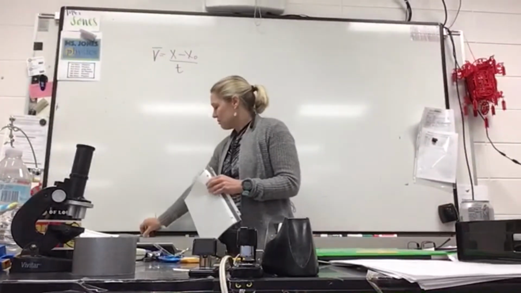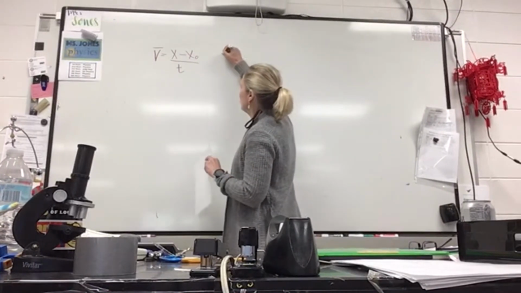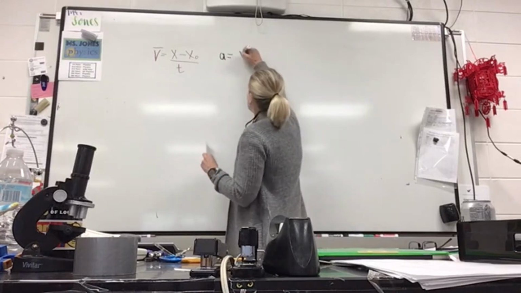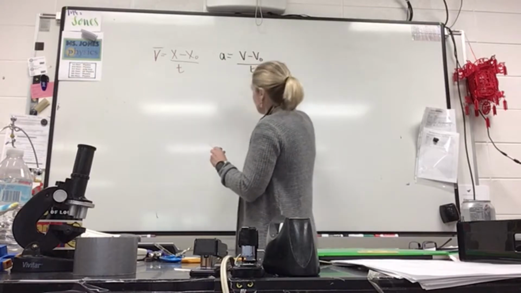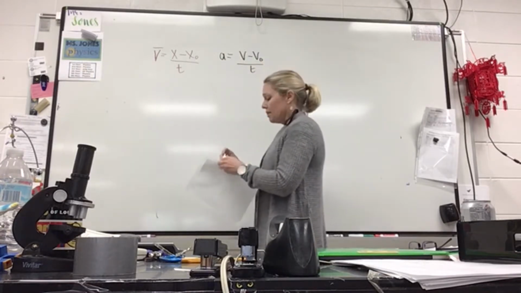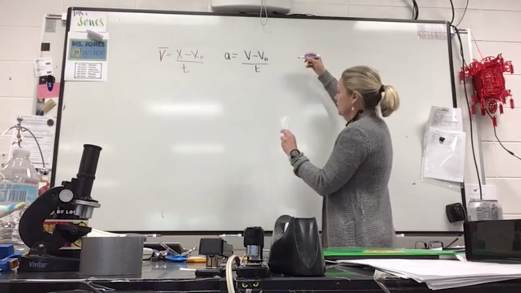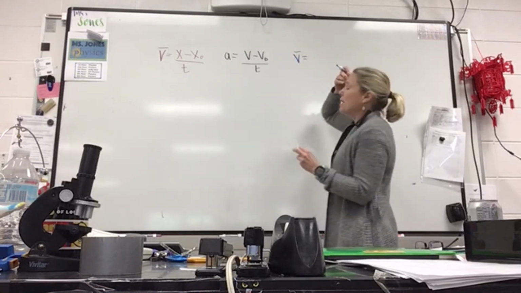That's my one color. Then I'm going to get another color and write another formula that we now know and love, and that's an A formula. Acceleration is v minus v naught over t. All right. And I'm going to leave this marker handy. And then I'm going to go for a third formula over here, another average formula, and that is if you